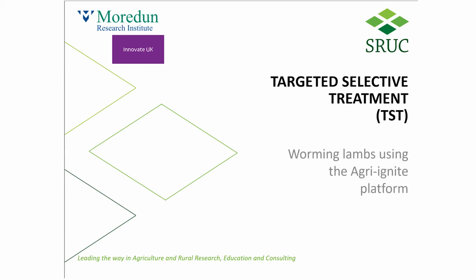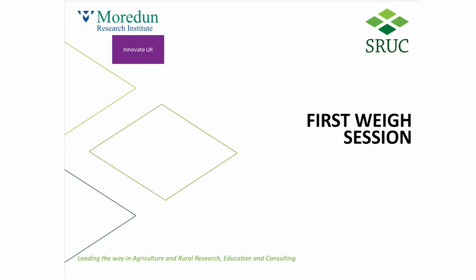The targeted selective treatment, or TST approach, is based on the Happy Factor algorithm developed by the Moredun Research Institute and tested at SRUC. Its aim is to identify which lamb needs treatment based on its weight. This step-by-step video shows how to use a TST on your farm using the Agri platform and a TruTest